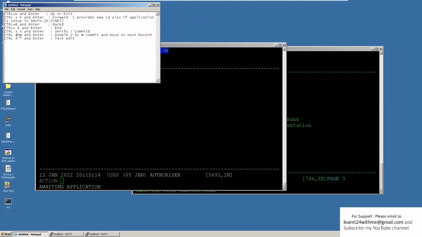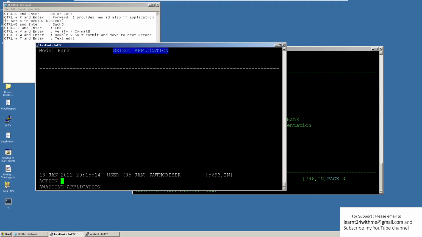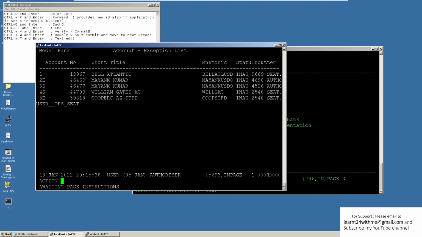To understand Control W, I will open some exception list. So I'm going to account application, and I'm applying function as E. So E function will list me all exceptions within account application.